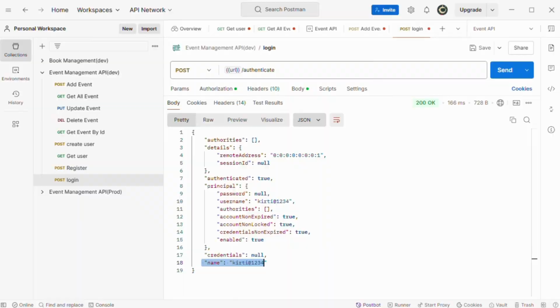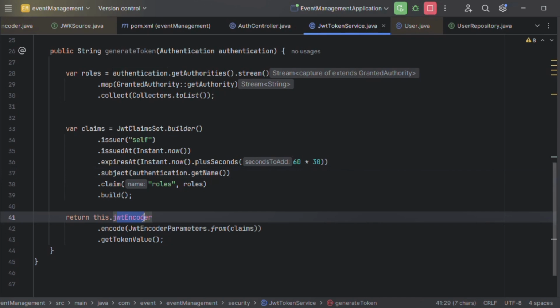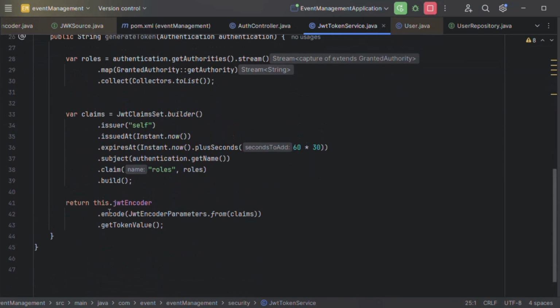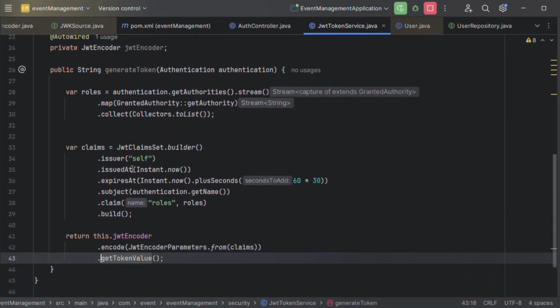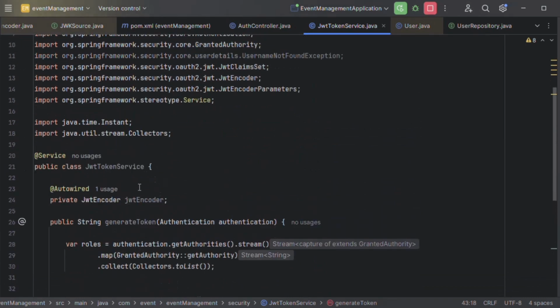So we get this name, basically the email ID we get here. And then in the claim we pass the roles. And then we have the method JWT encoder, which has the method encode, and we pass our claim and generate the token. We can use the method get token value. It will return the token and we will return this token.